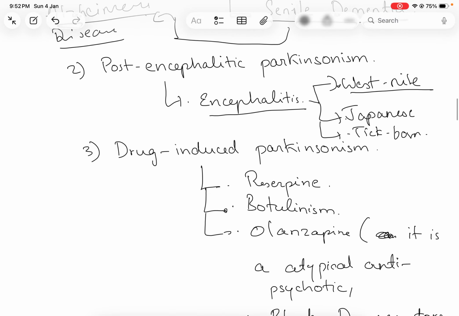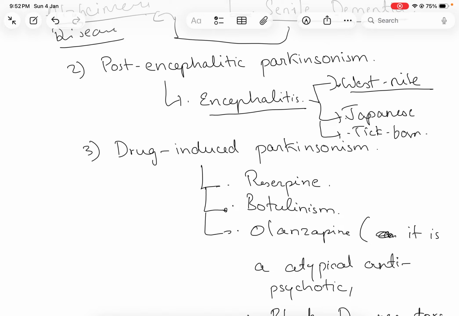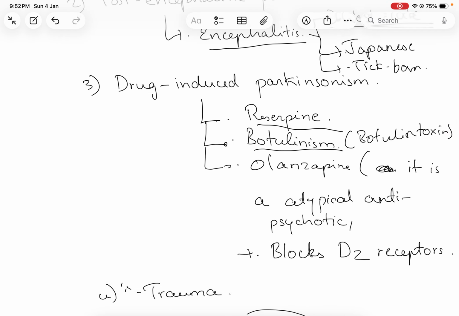Okay, and the third one is drug-induced Parkinsonism. So there are three major drugs which can lead to Parkinsonism, such as reserpine, botulinum toxin, and the third one is olanzapine. As you have studied in pharmacology, olanzapine is an atypical antipsychotic drug which is usually used for